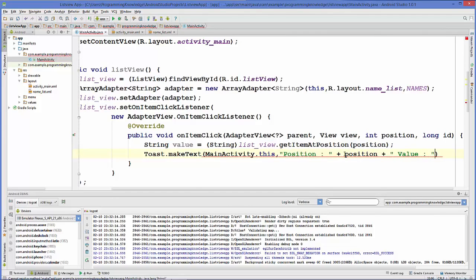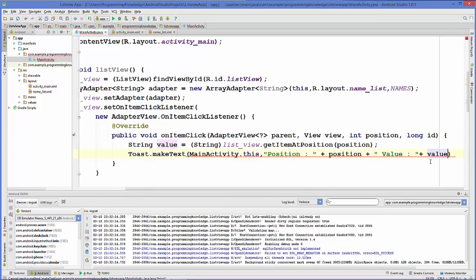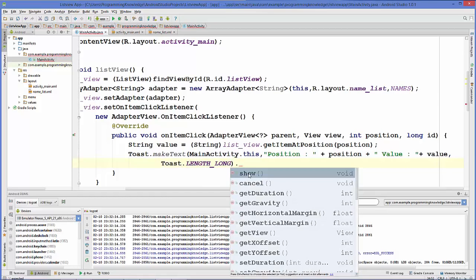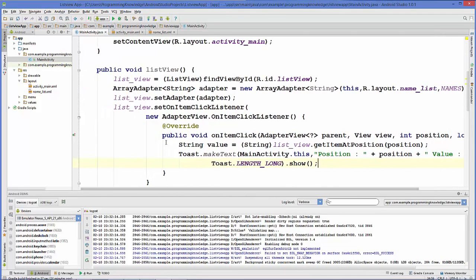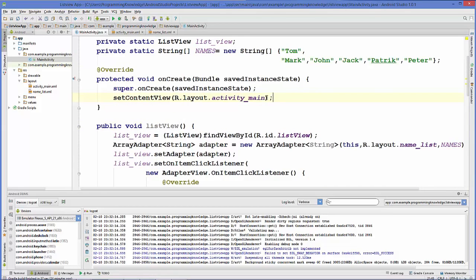And this value we can take from this string value, right? Okay, now the third argument we will pass here is Toast.LENGTH. Okay, and then we will show this toast, and now our function is done, right? So now we are just going to call this function in our onCreate method in here,